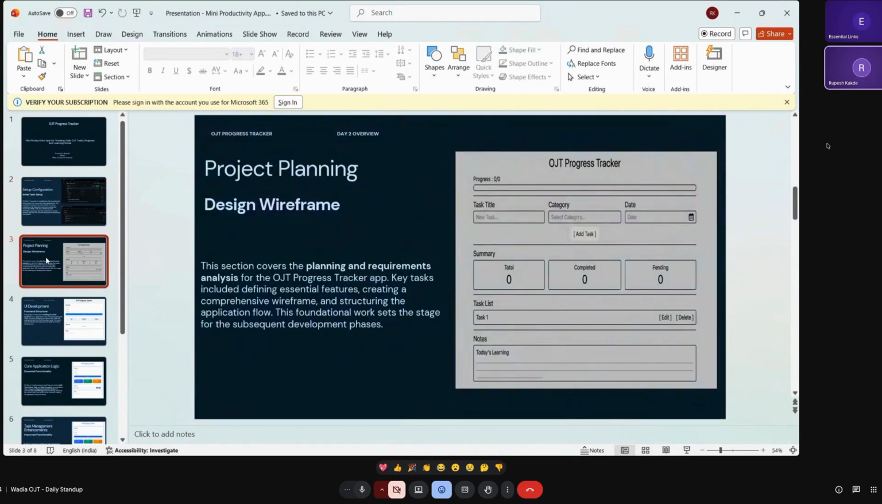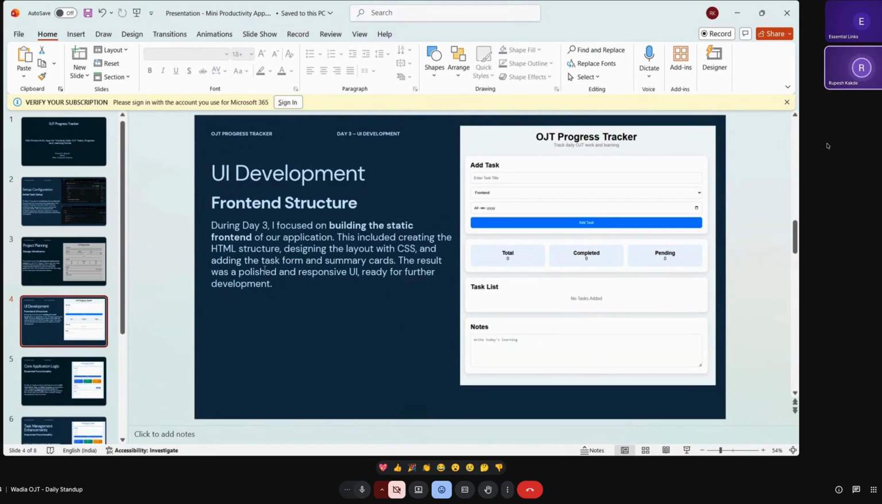Sir, basically, when we are building a project, first we have to draw the architecture. Without architecture, we can't create a project. First we have to plan. Then on the second day, I designed a wireframe, a basic architecture of what I actually had to do in this project. And the next day, I designed the front end